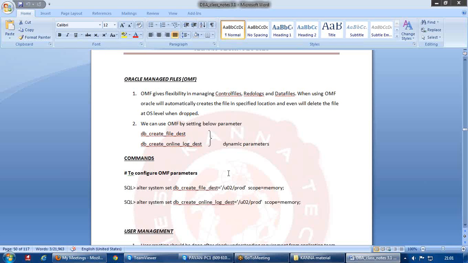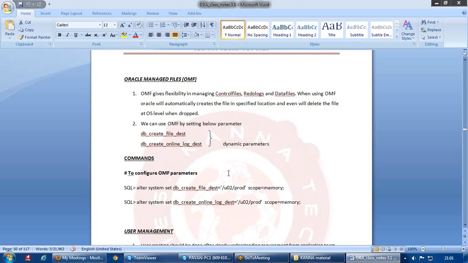So let us move to the next concept, that is Oracle Managed Files. The name itself tells you that the data files, redo log files or control files you create in the database will be managed automatically by Oracle, and that concept we call Oracle Managed Files, shortly OMF.